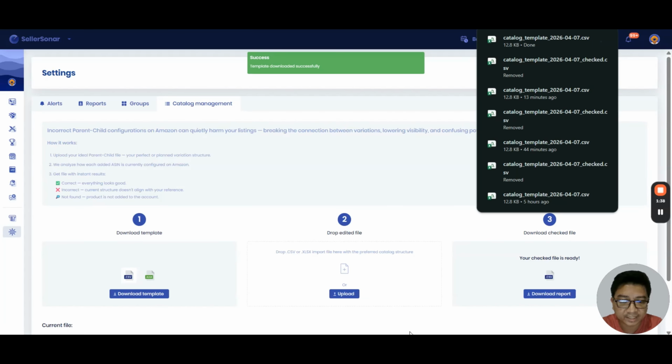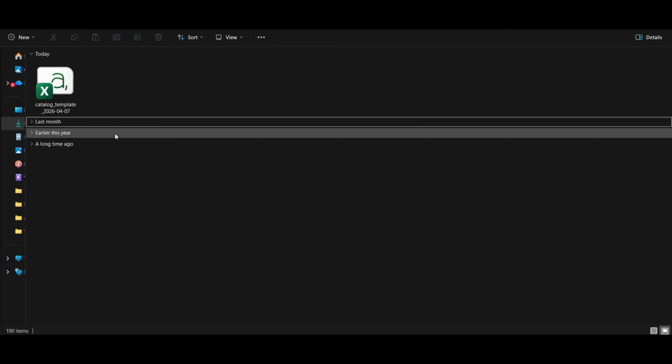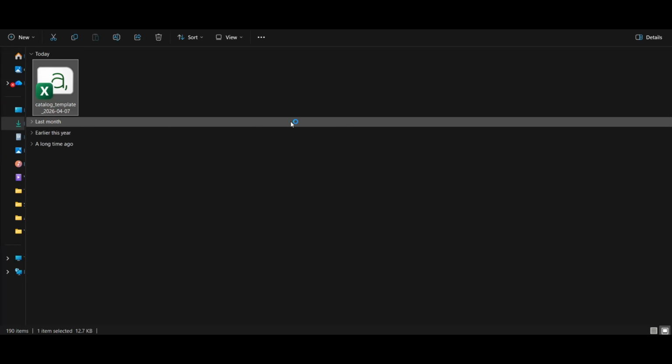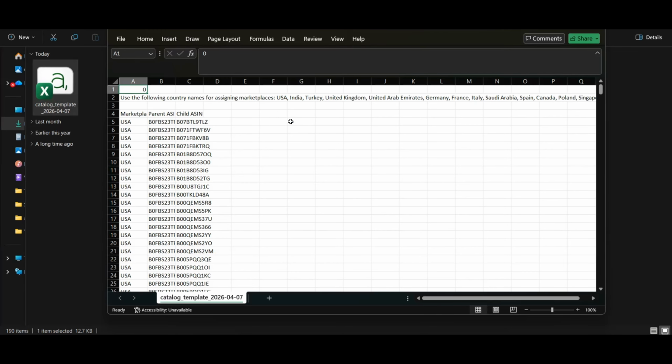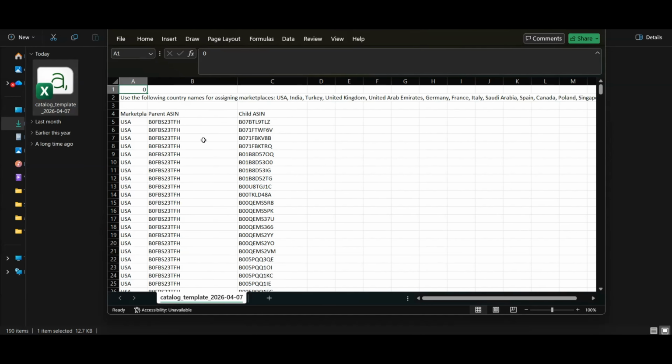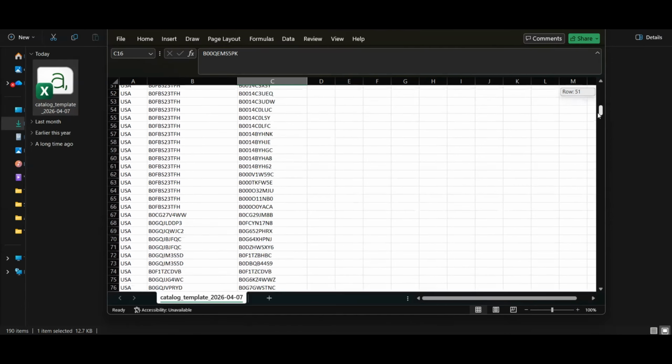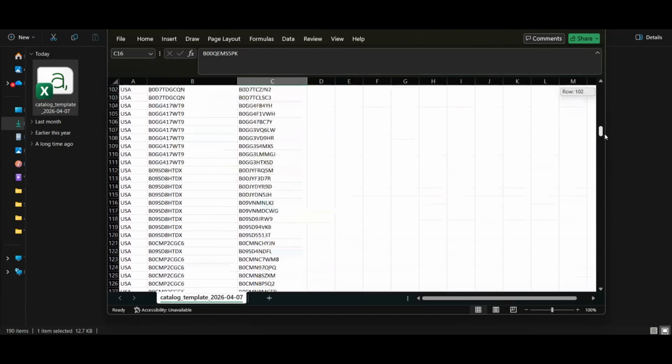Okay. All right. It's now ready. So we need to go to our downloads page, click and open it. So basically this is how it's going to look like. So you have now a list of the ASINs that you're currently tracking, the parent together with the child ASINs. You need to check on them one by one and see if everything is okay or correct, just to be